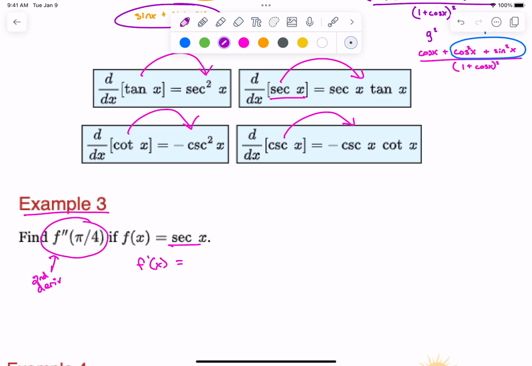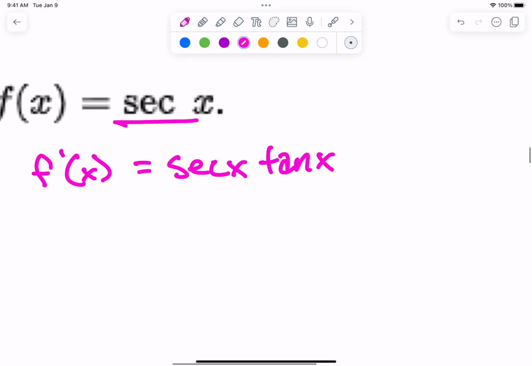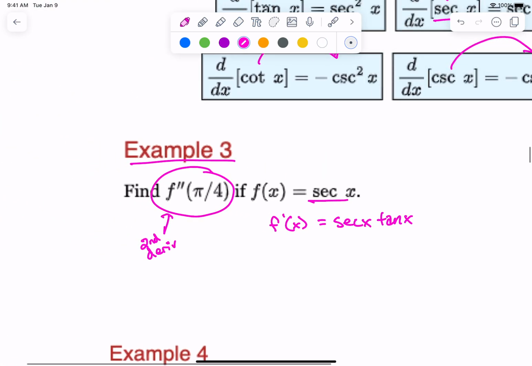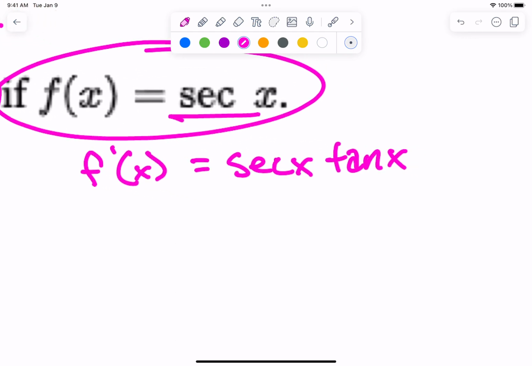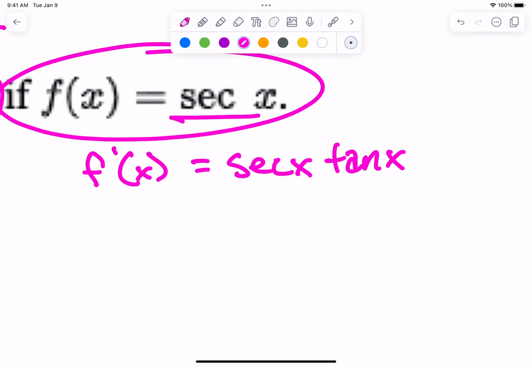Okay, the first derivative is secant x tangent x. How are we finding the derivative of that? We want to find the second derivative and then plug in pi over 4. This is my original function. I want to find the second derivative of it. So there's my first derivative. Now the second derivative is going to involve the